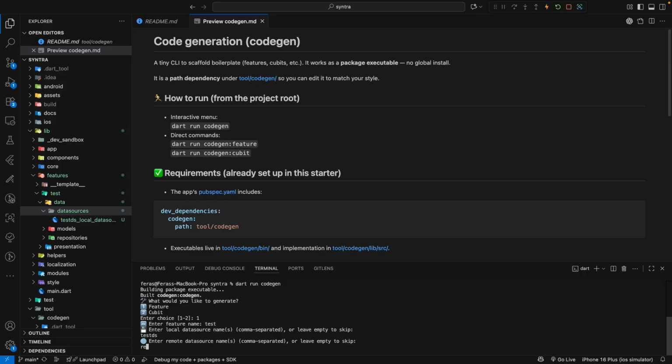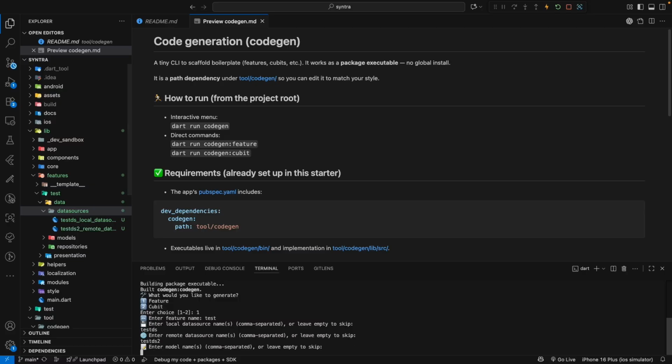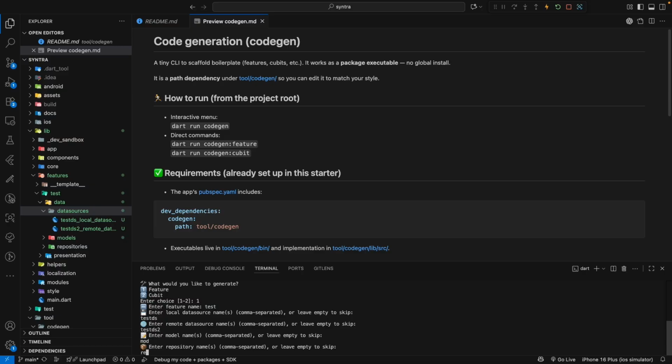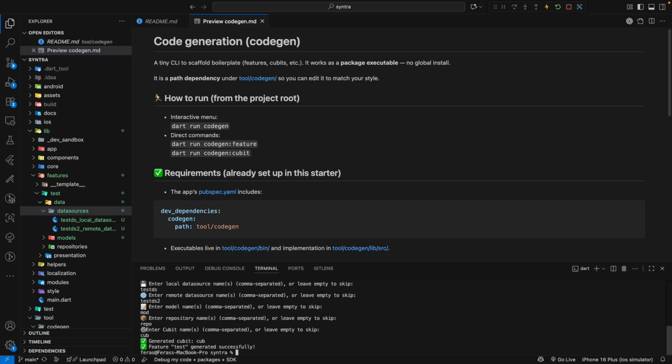Then a remote data source. Add a model called mod. Add a repository named repo and a cubit named cub.